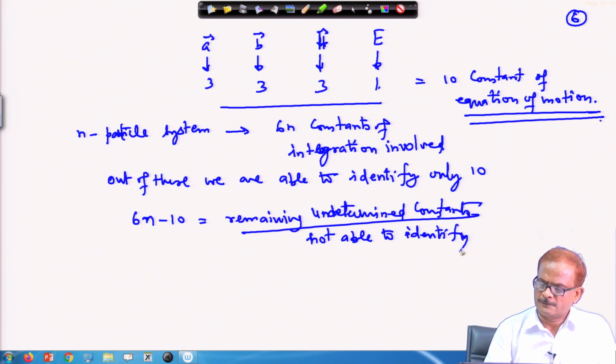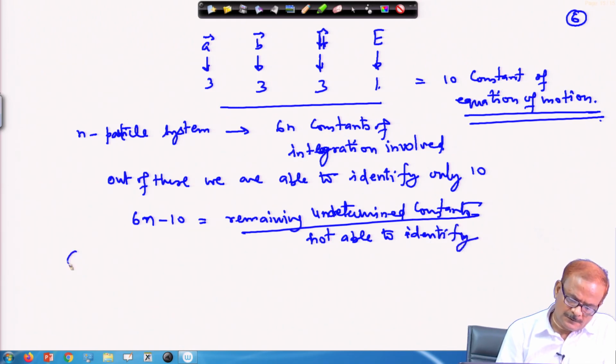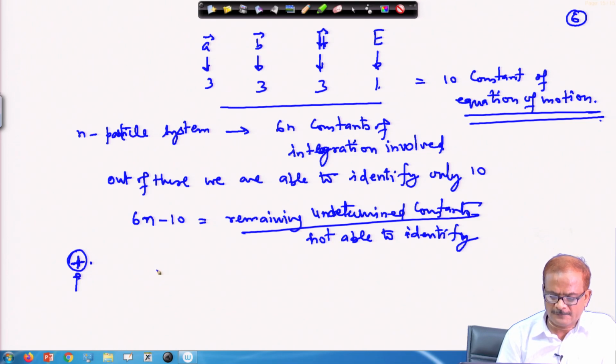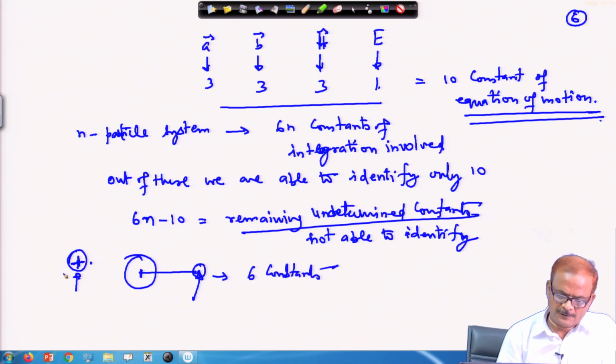The two particle system we have solved by assuming that one particle is heavy and the other particle is quite small, so that the center of mass can be moved to the center of mass of the main body, the bigger body. In that case we were able to identify the constants for the relative motion: one particle is here, another particle is here, and then with respect to this, how this particle is moving. For that case we solved and got 6 constants, and with one very small and one large, we got a total of 12 constants.